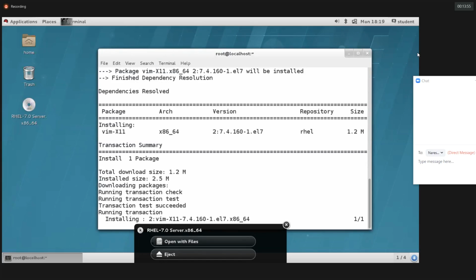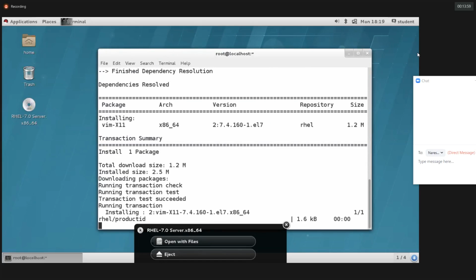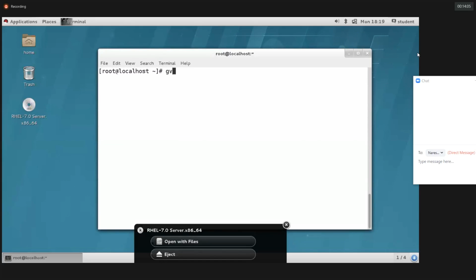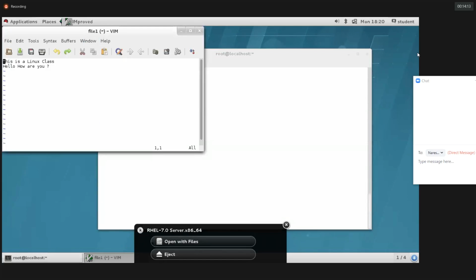So vim full form is visual display editor, so gvim is graphical visual display editor. We need to install this gvim. By default, we don't have it. I installed this gvim and will try opening this file with the help of gvim. Can we open the file? Yes, we can open the file with the help of gvim. This is also a graphical user interface editor, so here also there is no difficulty.